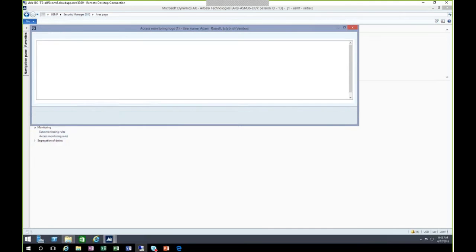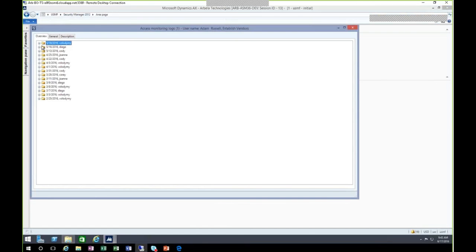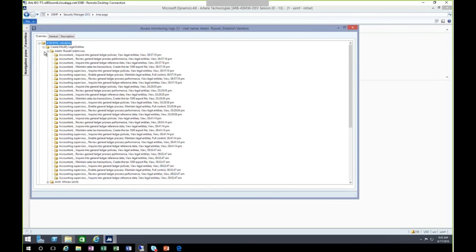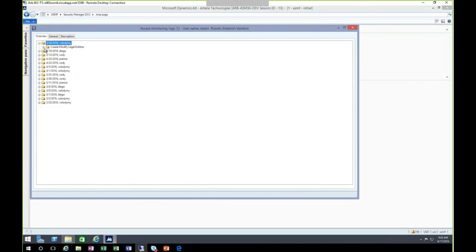Right. So we have two views for the access monitoring. We have our main view, which is kind of like a work breakdown structure type of view. But rather, what it does is it tells you at each level, at its top level, who actually performed the run. So you can tell 518, Vladimir performed this access monitoring batch job.